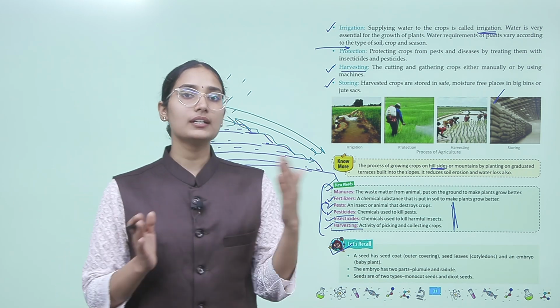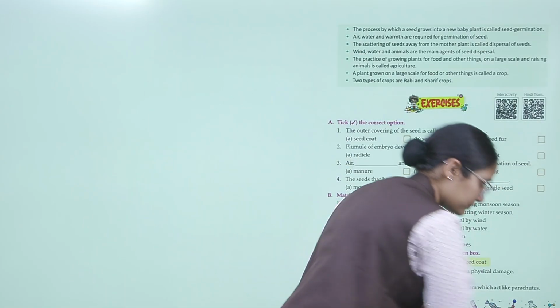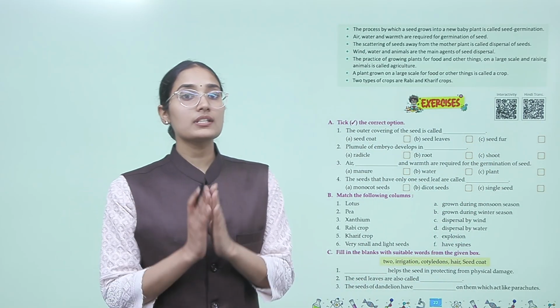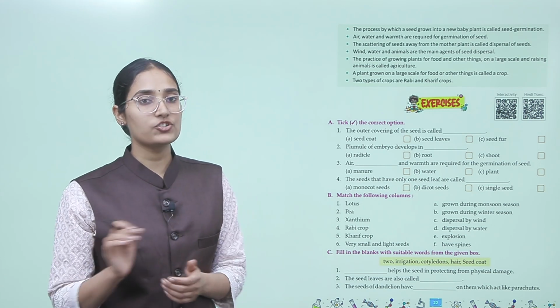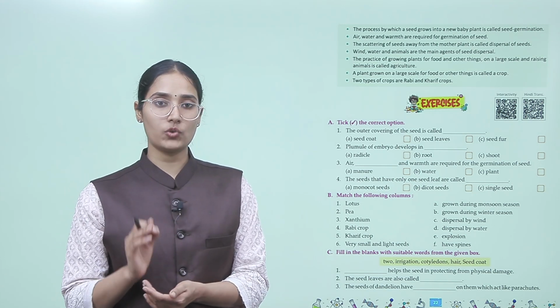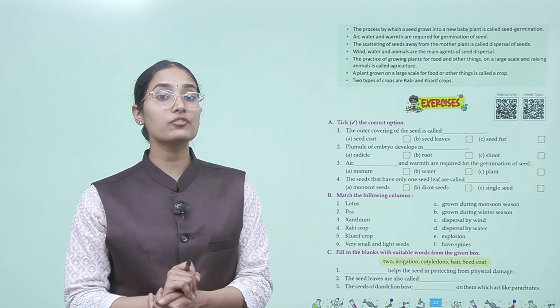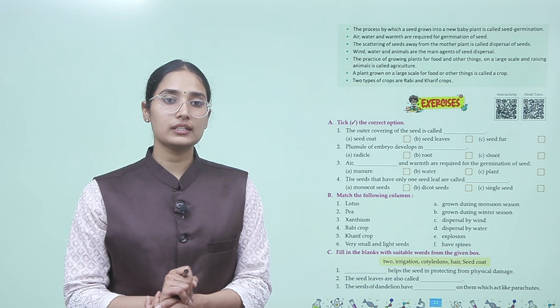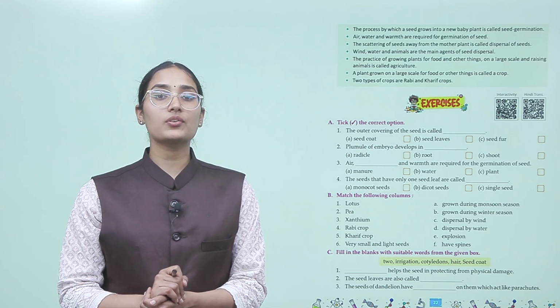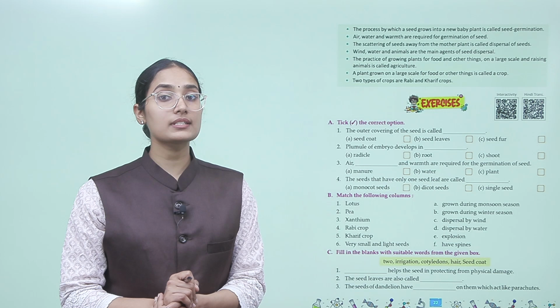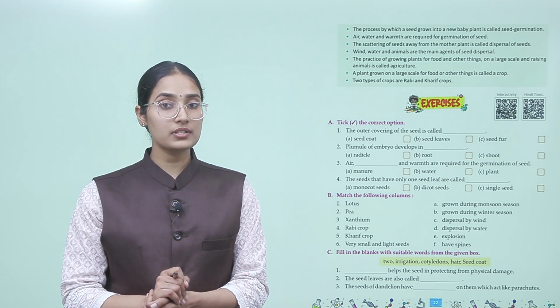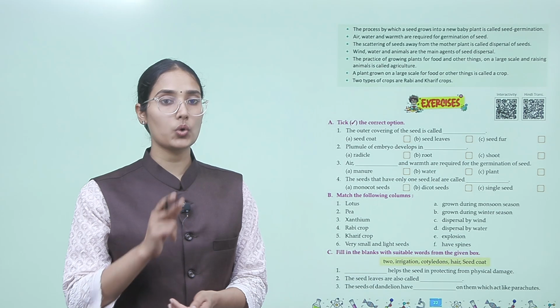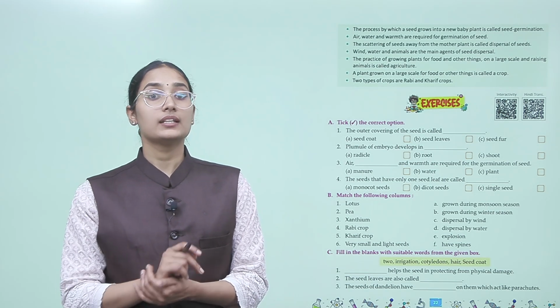Now, let's go to the next page. The process by which a seed grows into a new baby plant is called seed germination. Air, water and warmth, these three things are required for germination of seed. The scattering of seeds away from the mother plant is called dispersal of seeds. And there are natural methods for the dispersal of seeds, that is wind, water and animals, the main agents